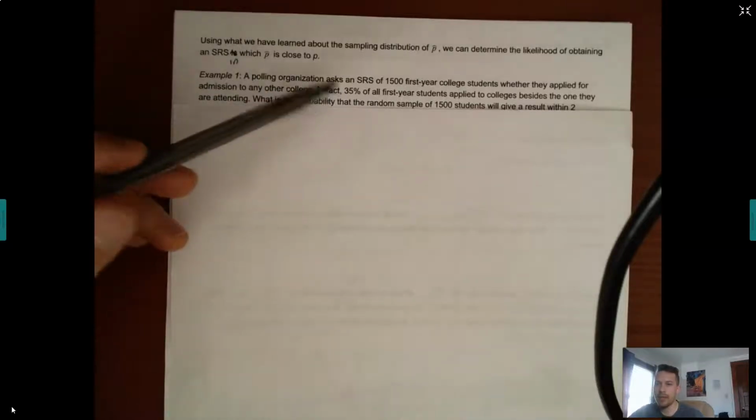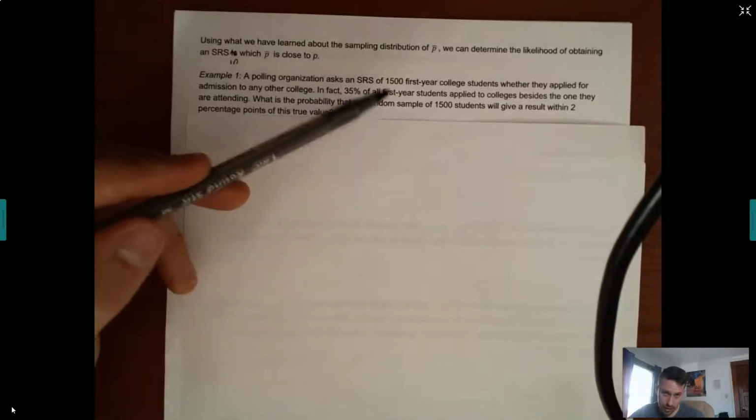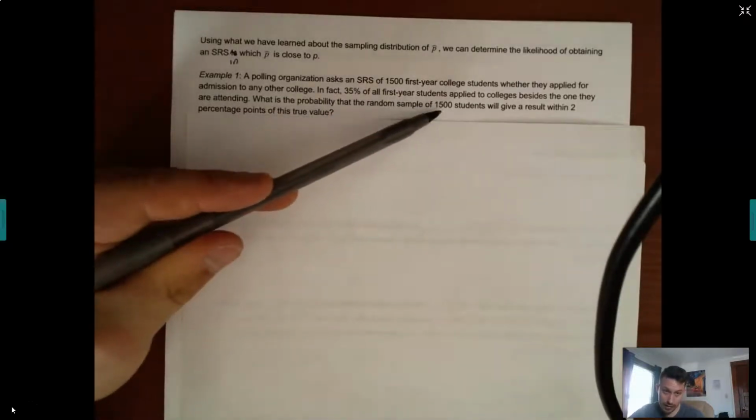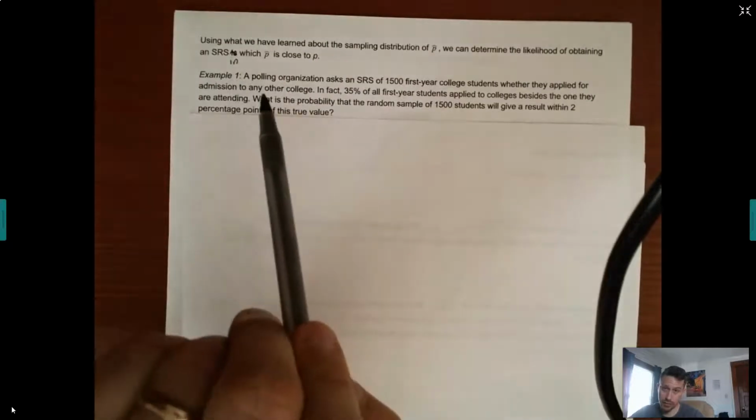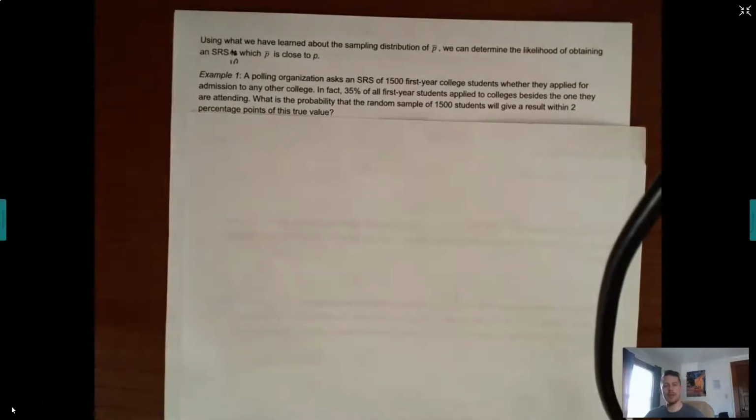That's 35%. What is the probability that the random sample of 1,500 students will give a result within 2 percentage points of this true value? So, we're finding the probability that this sample, of this certain sample size, will give a result within 2 percentage points of this true value. So basically this is saying, what's the probability of getting a sample that's between 33% and 37%, knowing that the population proportion is 35%, right? So we know that ahead of time. So we're really just looking at probability of getting a certain sample,